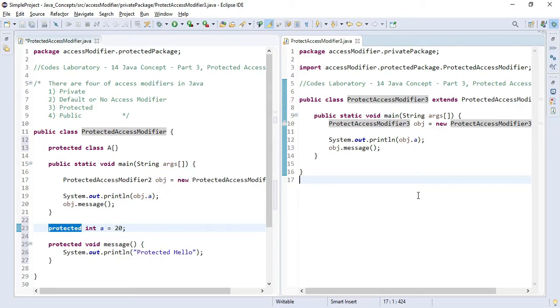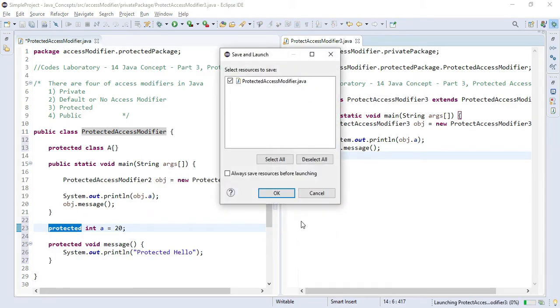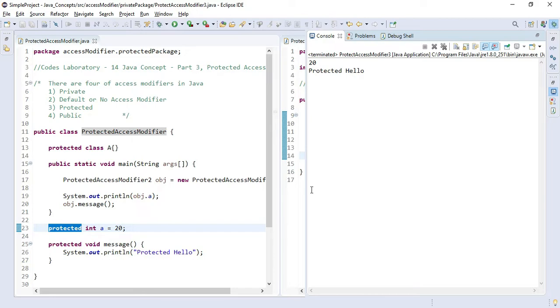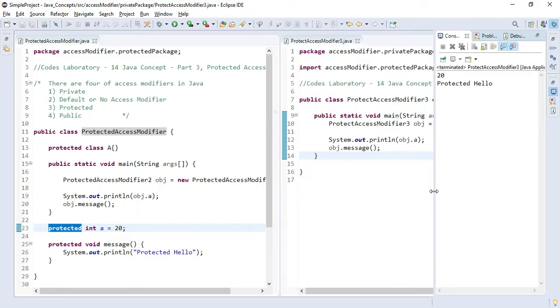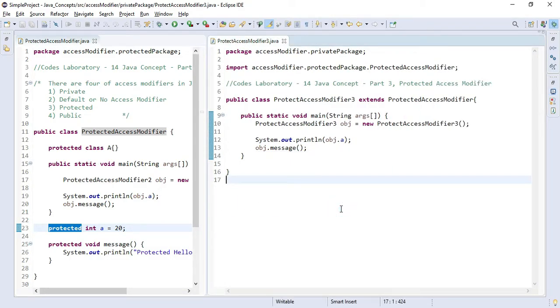I hope you enjoyed it, and before closing this session, let's execute this and see what it says. We need to save this, and as you can see, we are getting the output. So it means what we have done is perfectly fine, and in this way we can achieve this.